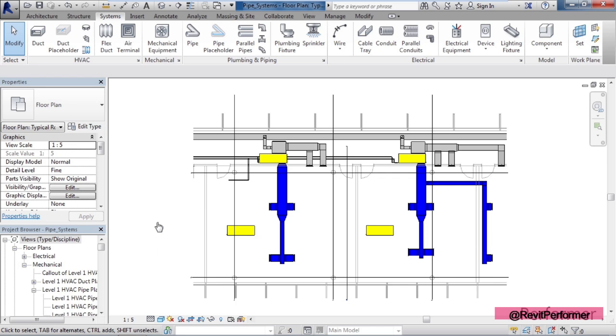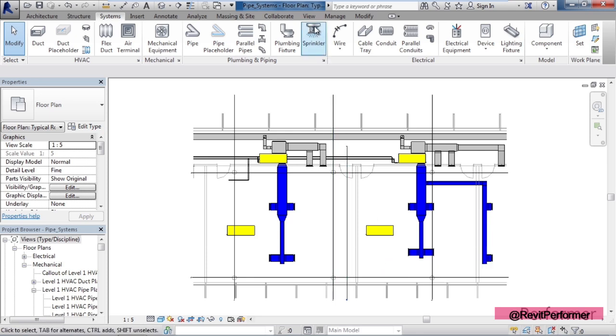So on my screen, I've actually added 2 more additional mechanical elements. If I mouse over each one, you'll see the mechanical equipment element on the left has been added and the one on the right has been added. Neither of them belong to a system, they're just floating. And I'm going to use those 2 as an example to add a new system.